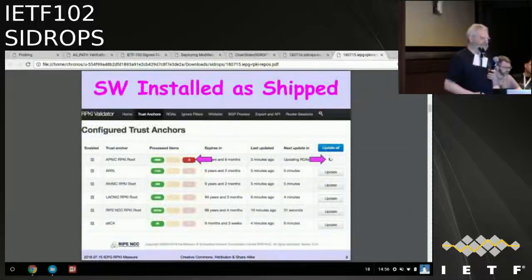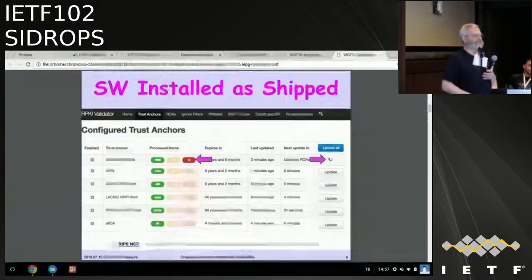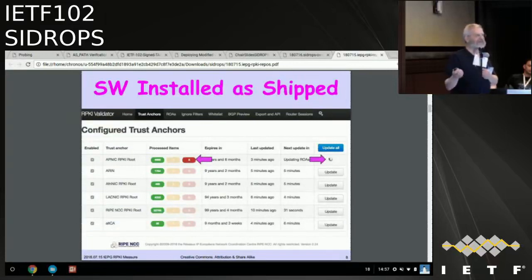Unfortunately, this is not how things look when you install the software as shipped. For instance, the ARIN TAL will never be there. And I've deployed RPKI in a number of commercial ISPs in the Netherlands now. And invariably, every time we install this beast, there is no moment where it clicks that it's incomplete. That's another problem. And I should check how I got the ARIN TAL in there. I do not know, I just built a VM, threw it up and did it.